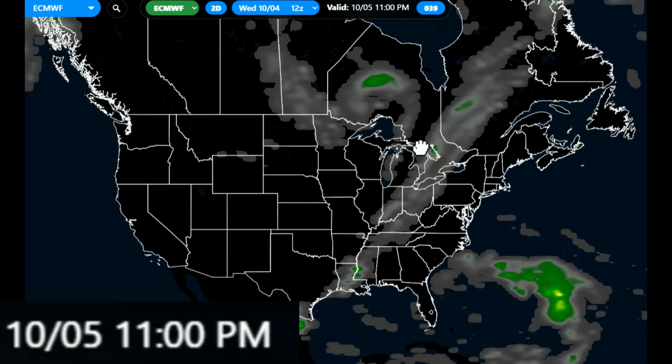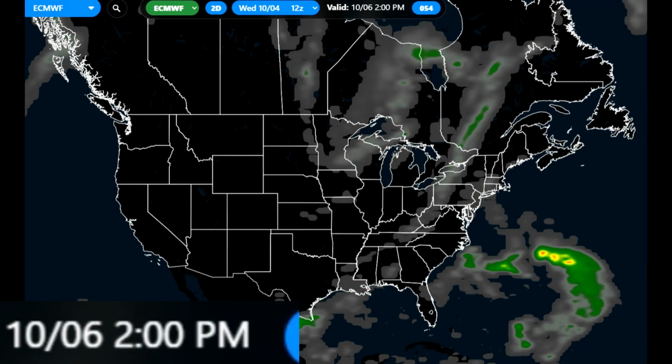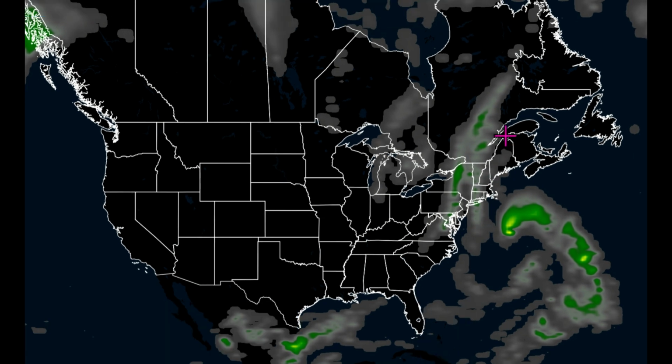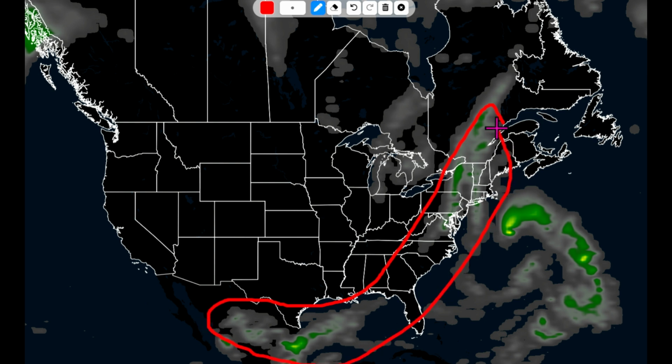The only benefit of this storm, it is bringing some very beneficial rain to areas in drought here into portions of Louisiana. And of course that nice cool air behind it, but no one likes these rainy times, especially as we go towards the weekend in the northeast. And again, notice what's going to be hitting up against the rainfall there into portions of the northeast as this